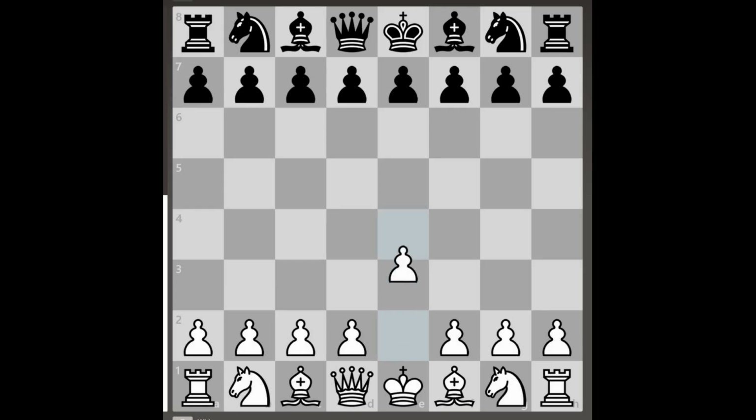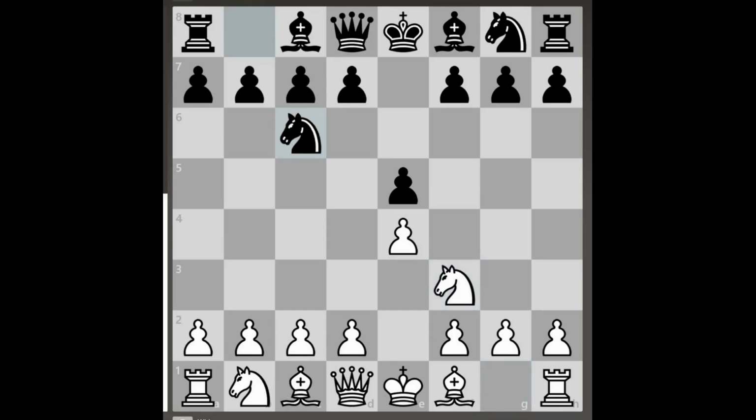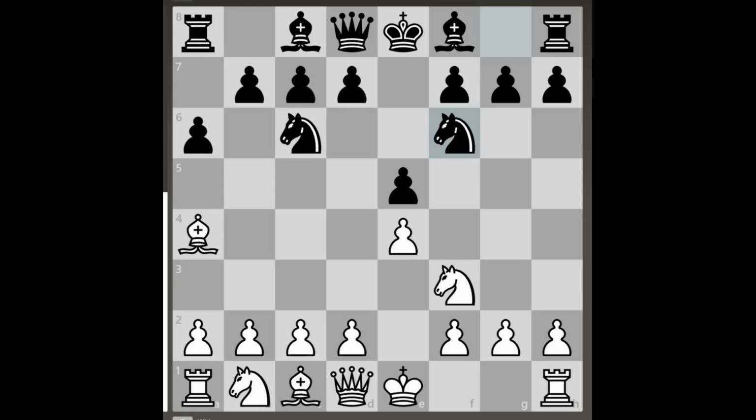e4, e5, knight f3, knight c6, bishop b5, a6, driving away the bishop, bishop a4, knight f6, Kasparov castles,